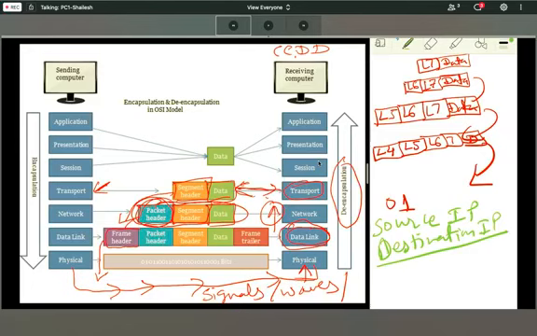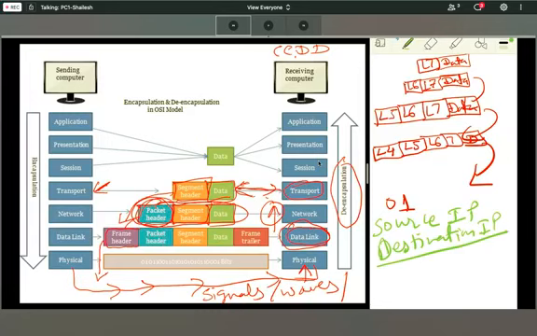For example, if you are sending your data through Gmail, it will be TCP. If you are sending something that is not TCP, it belongs to UDP, for example, watching a live cricket match or football match. So the transport layer will check whether the data belongs to TCP or UDP.